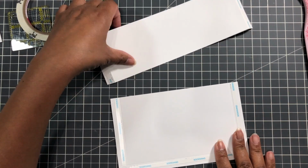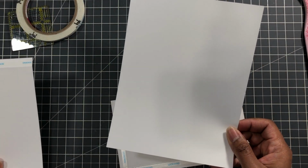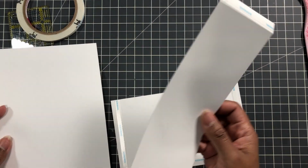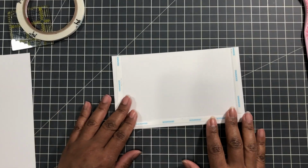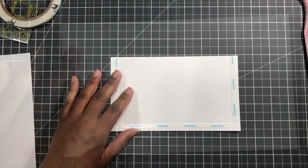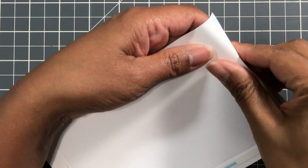Alrighty, so I'm gonna zoom in now for the pocket. So we have that 8.5 by 6.5. We have that 9.5 by 3. Now we're here with that full pocket, that 4.5 by 7.5. I'm going to come on down. So I'm now going to show you how to do a full pocket. First, we're going to